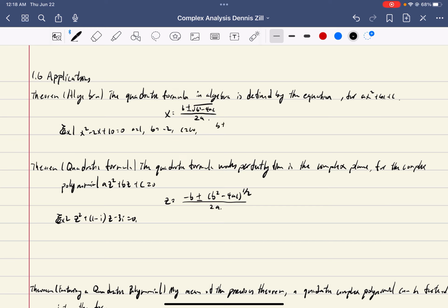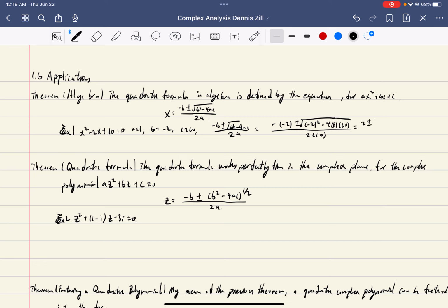Well, you write plus minus. Sorry, I think it's negative b. There's a negative b: negative b plus minus the square root of b squared minus 4ac, over 2a. So that is equal to negative of negative 2, plus minus the square root of negative 2 squared minus 4, a is 1, c is 10, and all over 2 times 1, right? And well, that gives us